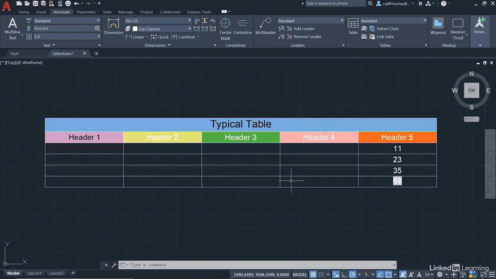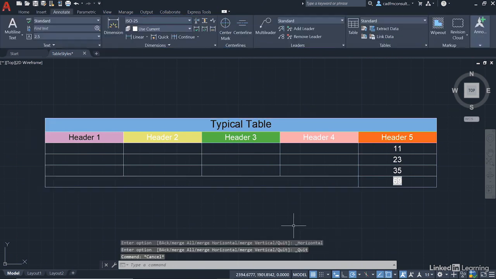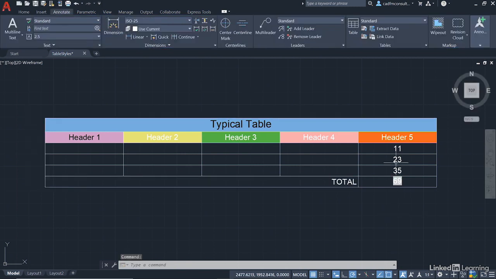And then what I can do is perhaps merge some cells as well. So if I come over here like this and select those cells like that, what I can do now is merge the cells by row like that. If I hit escape now, can you see it's all one cell? So I can double click in that cell, change the justification to middle right. So it's over here, type in total, like so, and just close the text editor, and I've got a formula. It's adding up the numbers. If I change those numbers, that formula and the total will change.